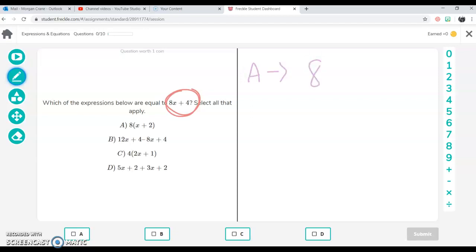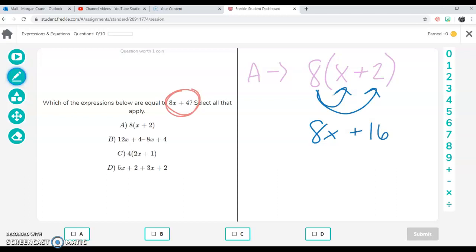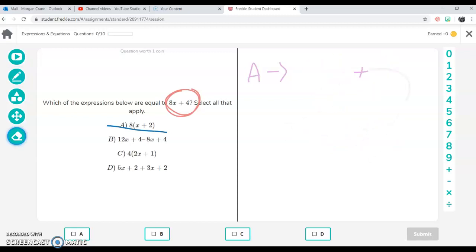So they have 8 times x plus 2. So if we do the distributive property, we can do 8 times x, and we've done this before. That's just 8x. And then we can do 8 times 2, which is 16. 8x plus 16. That is not the same thing as 8x plus 4. 8x might be the same, but we need plus 4 instead of plus 16. So A doesn't work. We don't want that one. Alright, let's try